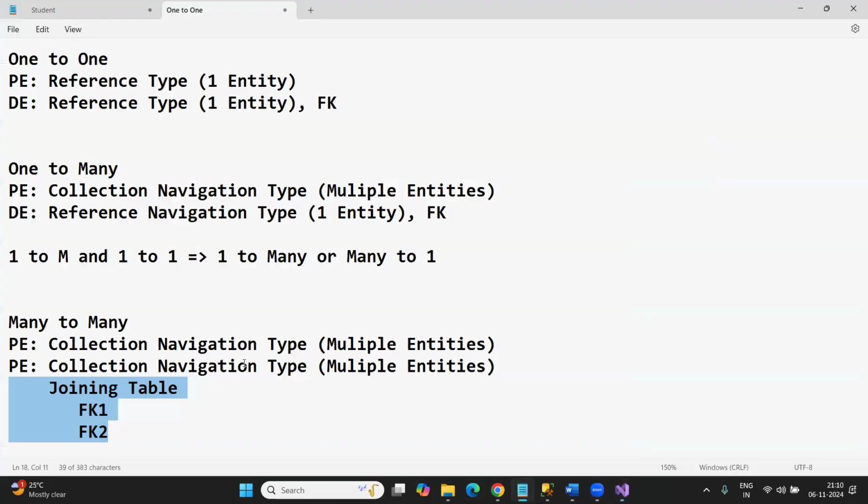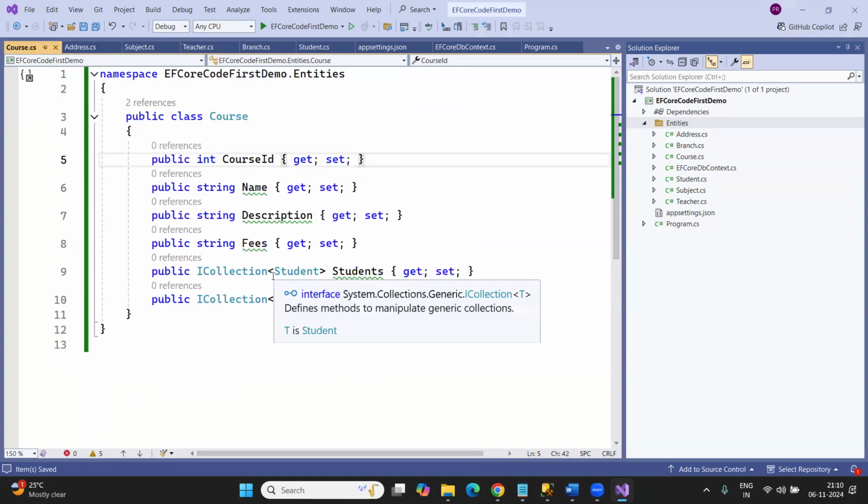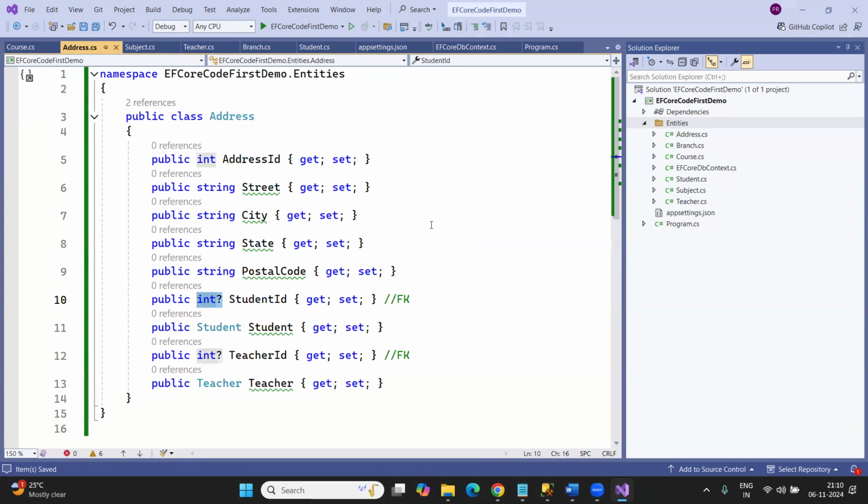And in the case of many to many, a joining table is going to be created by the framework to maintain the relationship between them, right? So clear, guys, what are the tables we have created here? Can you open the address table? So here we are adding the student ID. If you add a student ID which is not present, it will cause an error. If you are entering one student ID here, and the student ID is not present in the student table,